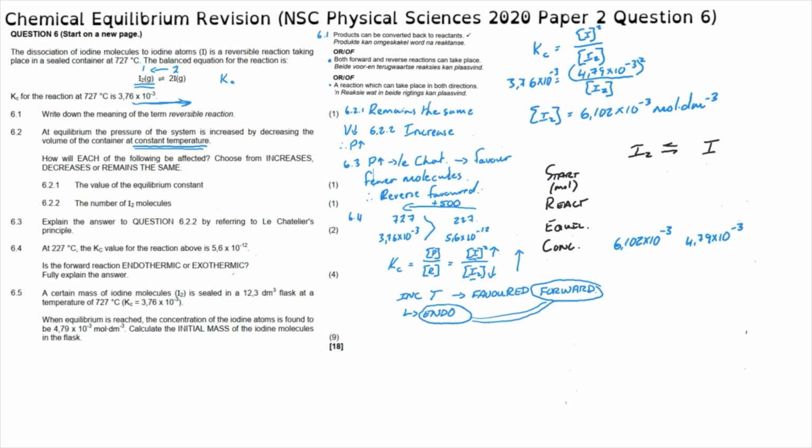We can then use the formula that is given to us, where once we know the concentration and we know the volume, we can say that our number of moles is equal to the concentration multiplied by the volume, where the volume is given to us as 12.3, and our concentration for each of these is known, which means that we can find our quantities at equilibrium. For our I2, it is 0.0751. We don't round to 2 decimal places while we're busy with the calculation, and our number of moles of iodine is then